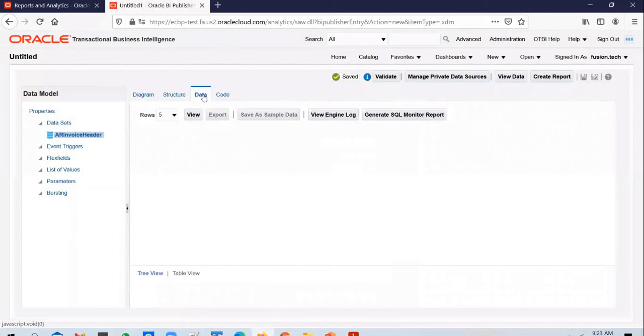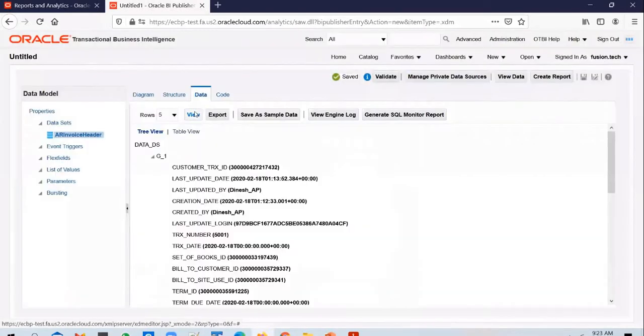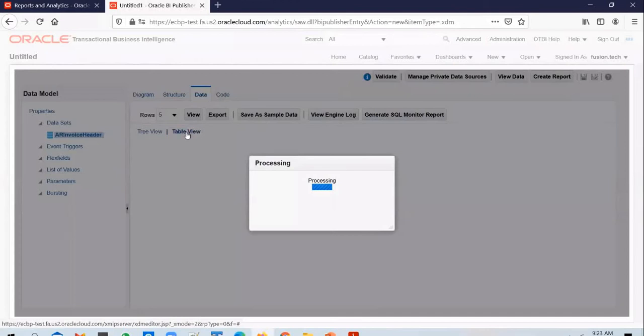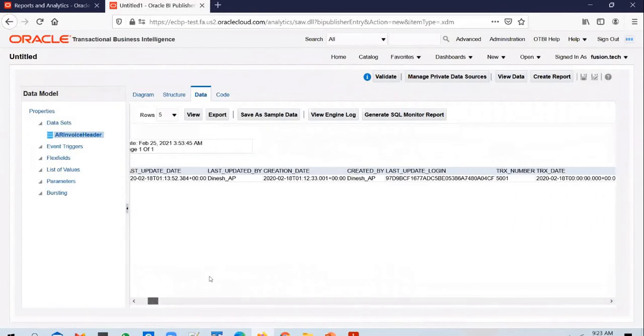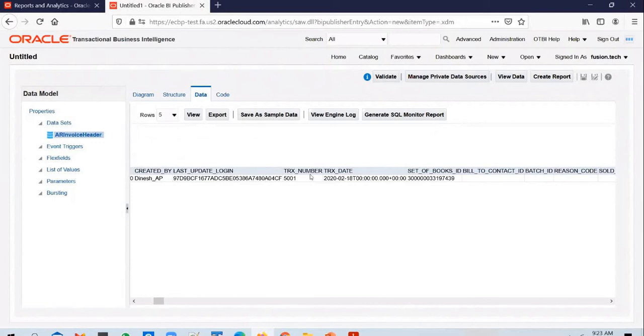So I click on OK now, go to the data tab and view the information. And if you go into table view, you will be able to see only one record now. If you want to verify whether you are viewing the right transaction or not, you can scroll to the right to see the details and see if the information you are seeing here matches what you see in the application.